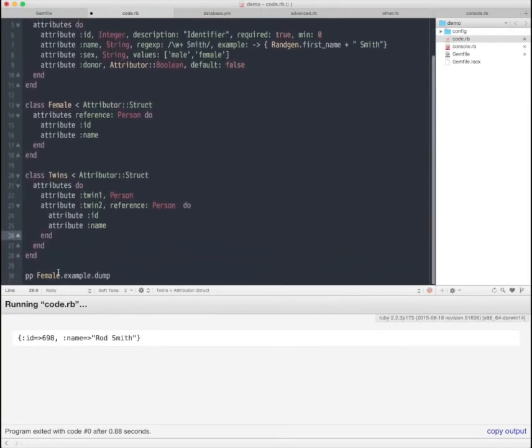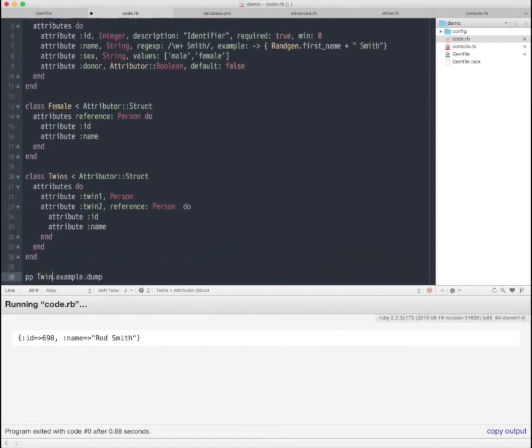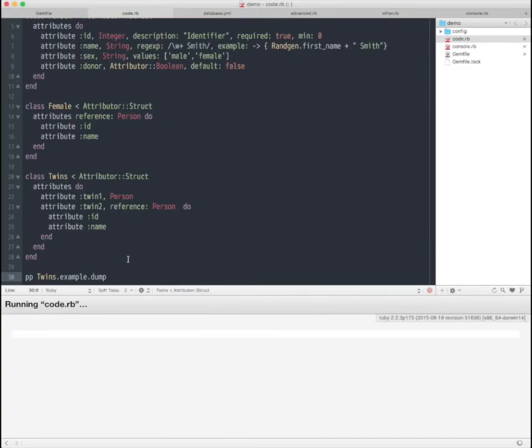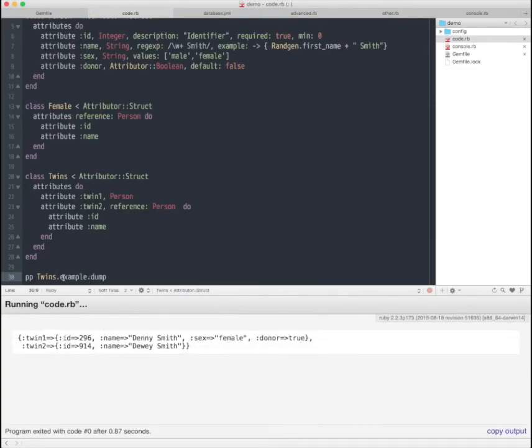So if I get an example for a twin and run it, now you'll see that I have to put the right class names. Now you'll see that you get twin1 is a full person, twin2 is a compatible person, but only for the